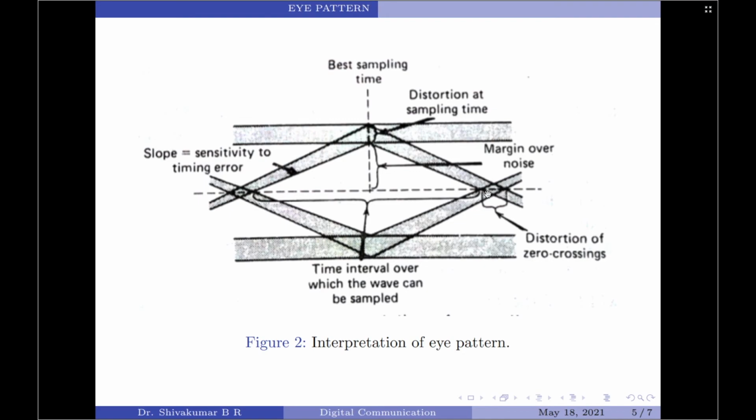You should note, when the effect of intersymbol interference is severe, traces from the upper portion of the eye pattern will cross the traces from the lower portion of the eye pattern, with the result that the eye is completely closed. In such a situation, it should be noted that it is almost impossible to avoid errors due to the combined presence of both intersymbol interference as well as noise in the system. Well, that is about a brief discussion on eye pattern.